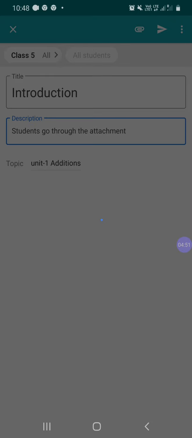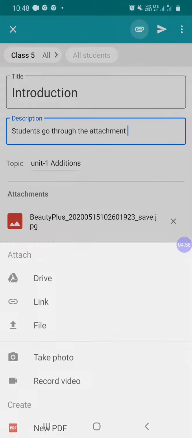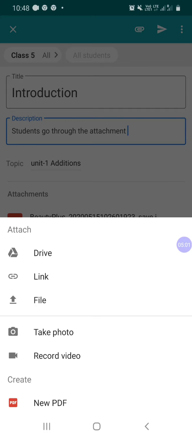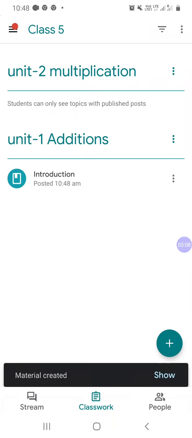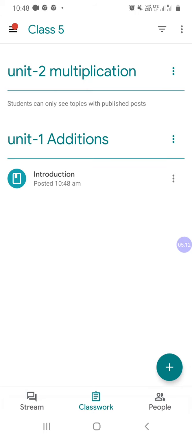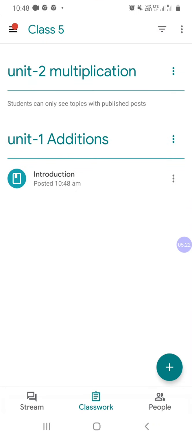So we have many options for attaching the files. After you finish, if you need to attach one more file, click on the file attachment and you can send it. See, if you need to make any additions or edits in this particular video, click here, the edit option will be here. You can make any changes later if you need. So my work has finished.